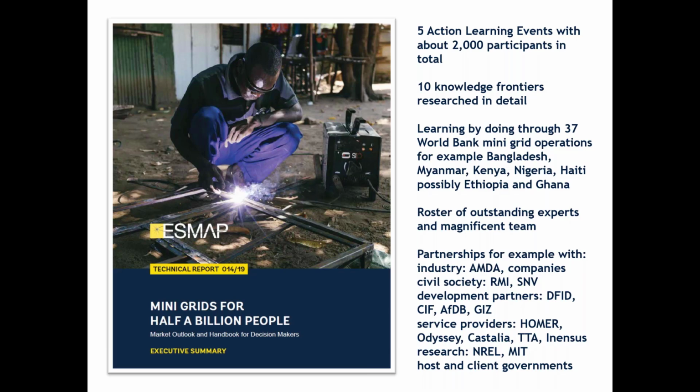The same with a financier as well as a technology provider or a mini-grid developer. We did this with a lot of partnerships, including the Mini-Grid Developers Association of Africa, SNV, RMI, NREL, MIT, as well as Odyssey, Homer, TTA and Incensus, just to name a few of our partners. I also don't want to forget Castalia, who really did a lot of the legwork in bringing the data for